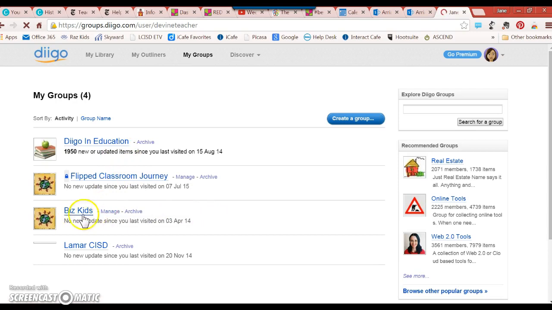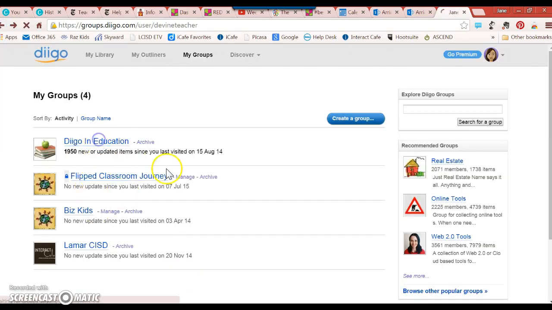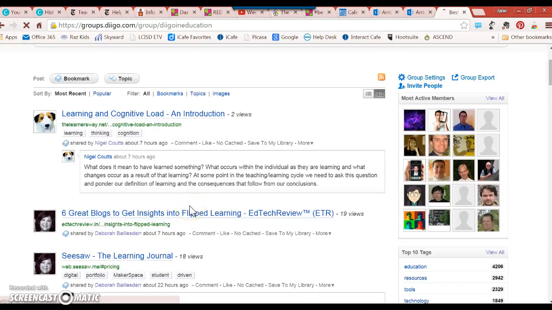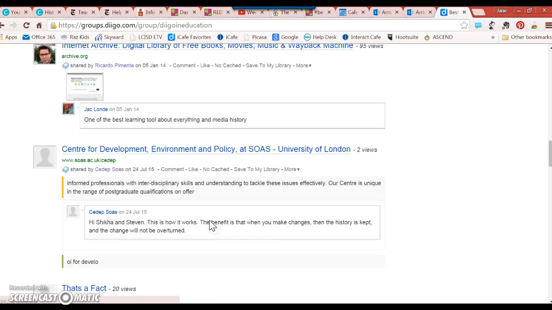Like, I had it back when I was teaching business, had my kids on a group. So you can create a group that people can follow. And when you click on it, they can see all the bookmarks that you make. Like I follow Diigo in education. And so any bookmarks that other people make, I can go through and see what other people are bookmarking and